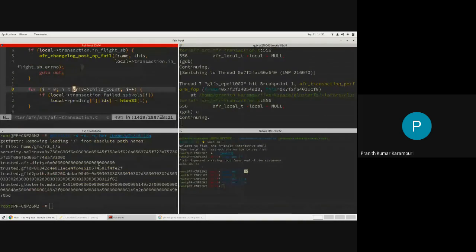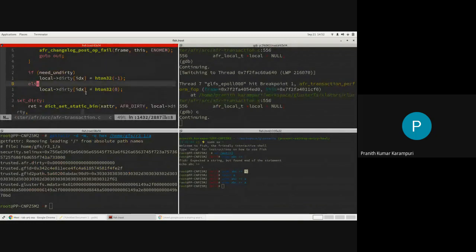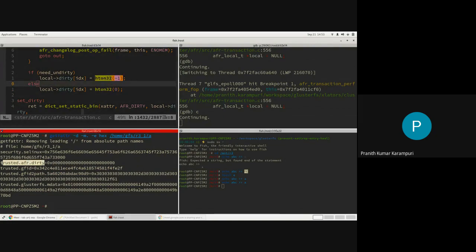I think -1 is probably simpler to understand because we have seen already that once the operation is complete, that +1 has become 0. So basically we are saying you do an xattrop with -1 on this key. There was already 0001. It will add -1 and it will become 0. Now we can do something else.